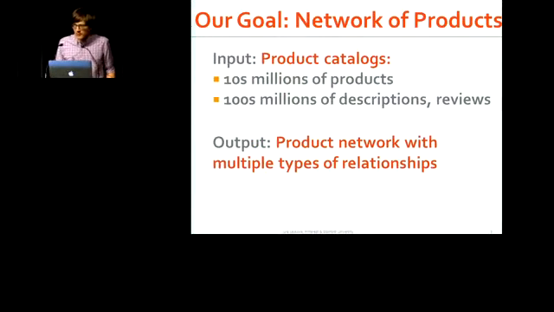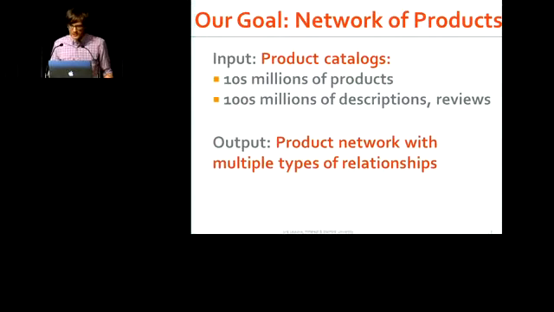Okay, so what we will do is take product catalogs. We'll collect data about tens of millions of products, and we'll describe each of these products with a long set of features. Basically, we'll take everything from the product description, product reviews, the price, the brand, any kind of attribute data we can think of for that product. And then we will infer networks of multiple types of directed relationships that describe how